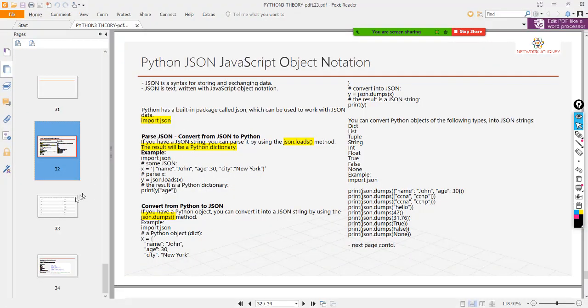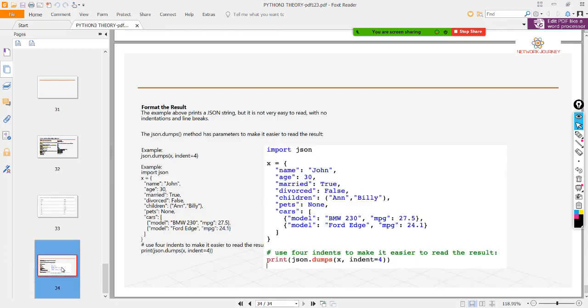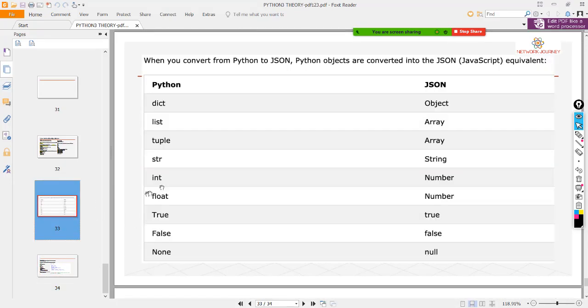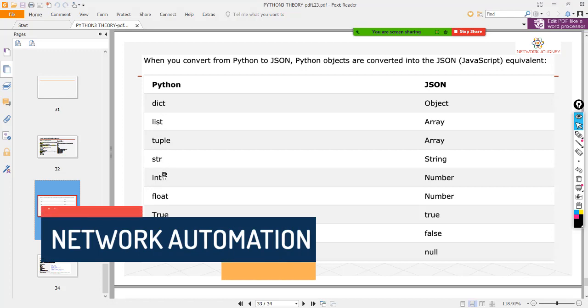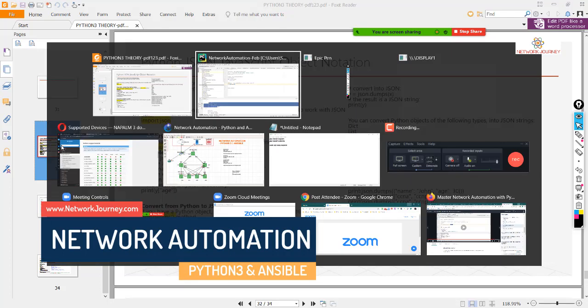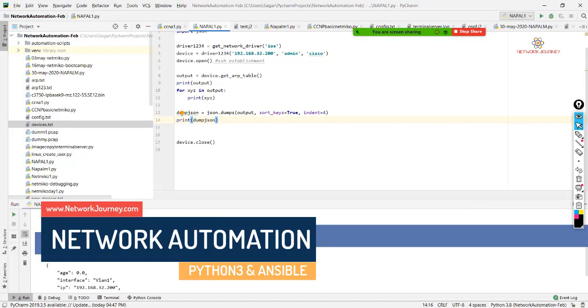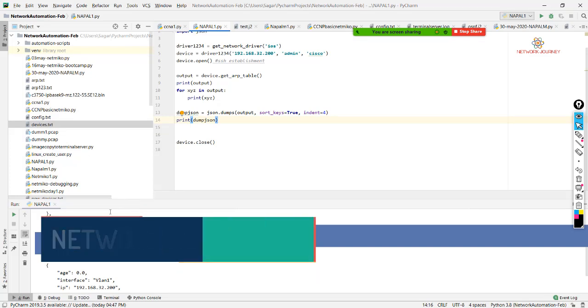I don't say that JSON is only used for converting a dictionary to JSON. JSON is also going to support other data structures like dictionary, list, tuple, all other data structures. But in the case of a dictionary, we can have them integrated with the front end applications.